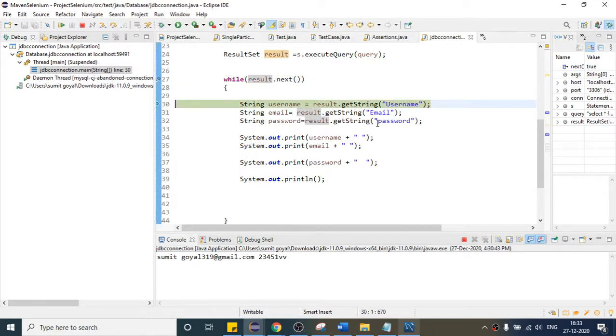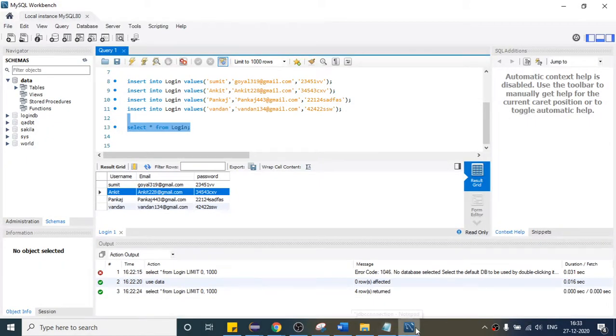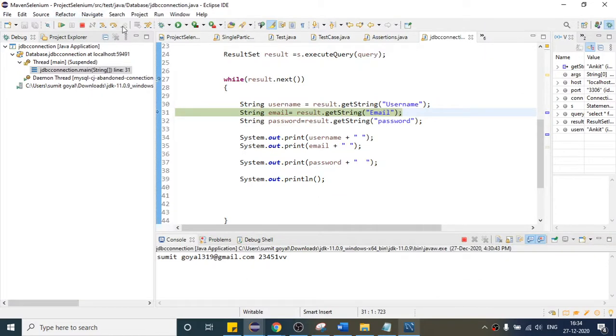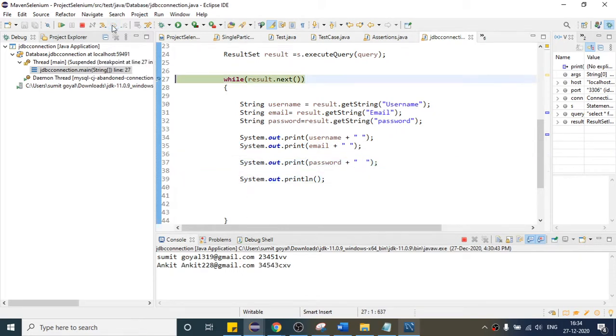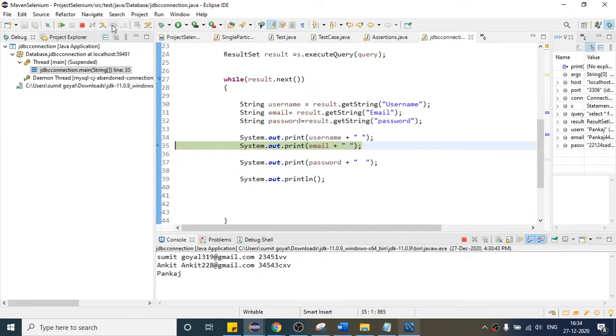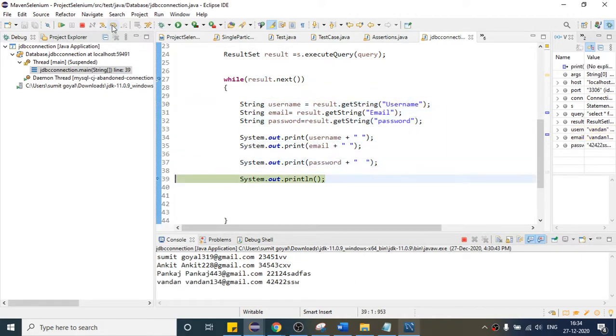Now it is saying I am on the second row, and if you want to get the data from the username column of the second row, you can provide like this. So I am saying username, so Ankit is the second row username, right? And after that I am saying give me the email of the second row, so Ankit Gmail, and the third one is password. Again for the third one, the condition is true, it will print, and the last one. So once this will execute 4 times,